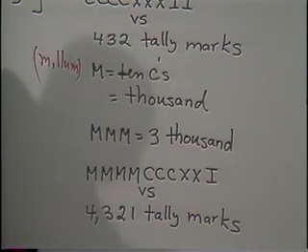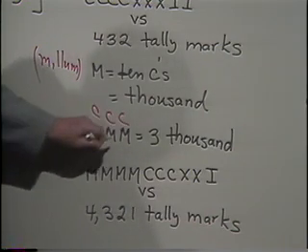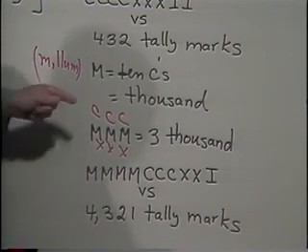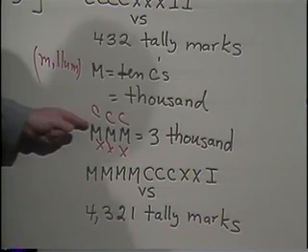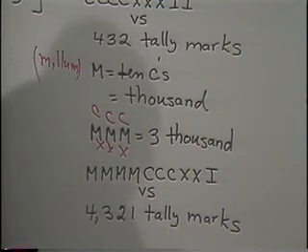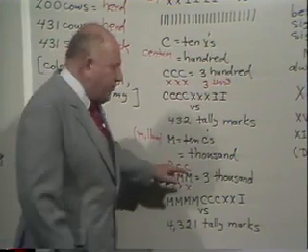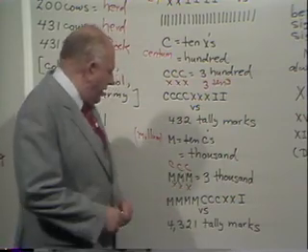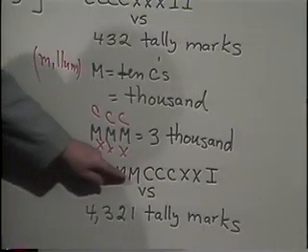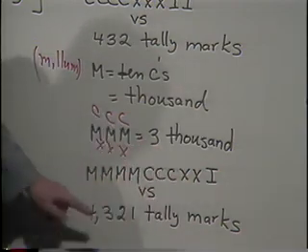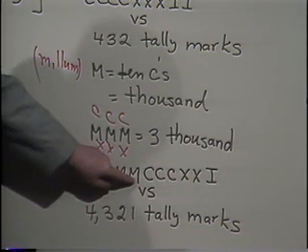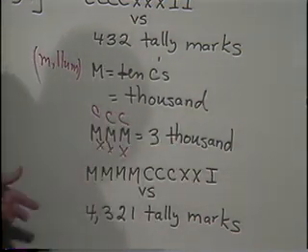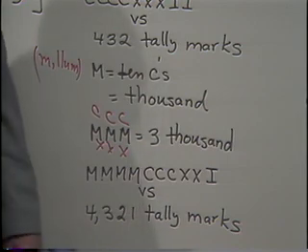I don't know if I'm making this clear to you, but in a sense, whether I draw 3 M's, 3 C's, or 3 X's, it's sort of like talking about herds, flocks, and bevies. In other words, the adjective is the same, but the noun becomes different because I'm talking about different denominations. But see how visible the adjective is over here? So for example, if I write down 4 M's, 3 C's, 2 X's, and an I, that's what? 1, 2, 3, 4, 4,321, which is a tremendous improvement over 4,321 tally marks.